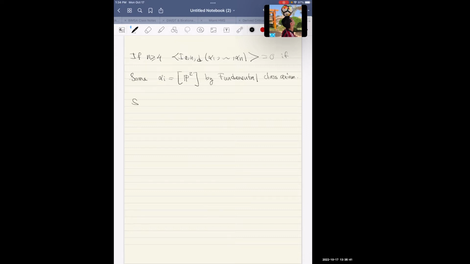Okay. Similarly, for n bigger than or equal to 4, if alpha n is equal to the class of the line, the last one is the line class, then the divisor axiom, as I remember and you remember, I said that these axioms of Gromov-Witten classes allow you to establish the calculus of computing Gromov-Witten invariants. So then the divisor axiom shows that